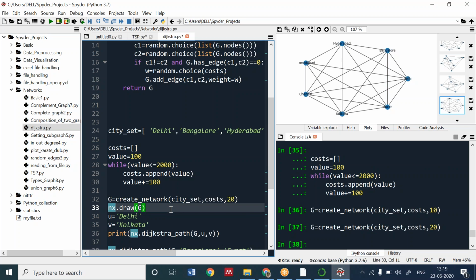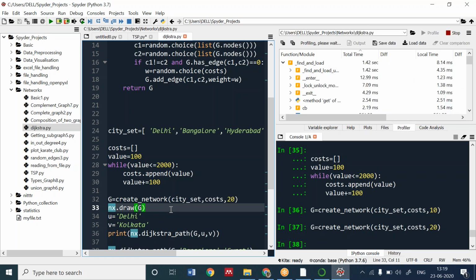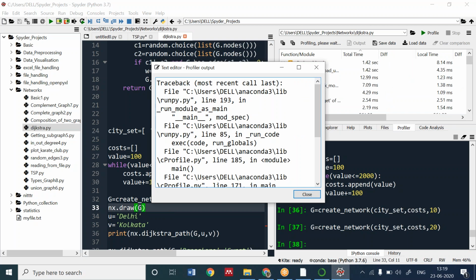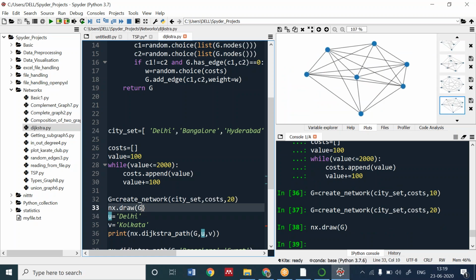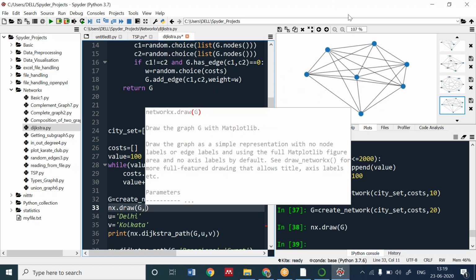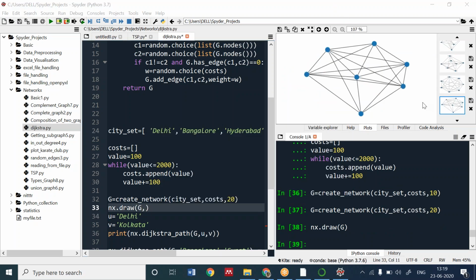Now I want to see that network. This is the network. If I want to see the network values, what is the command for that? In the chat box. Okay, that weight is the cost which we are adding. We are adding random cost to the weight. Ashwin, hope it is being clear.